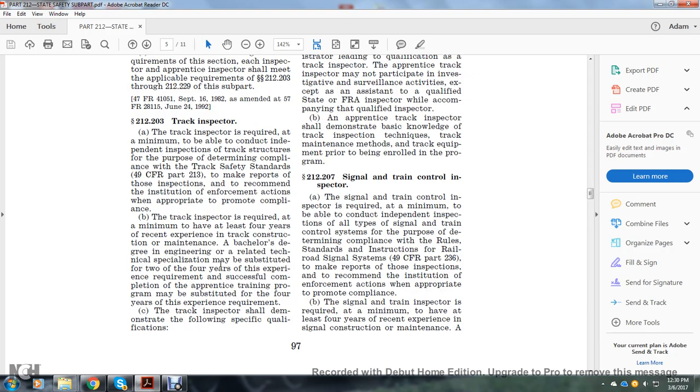212.203, Track Inspector. A track inspector is required, at a minimum, to be able to conduct an independent inspection of the track inspection structure for the purpose of determining compliance with the track safety standards in Title 49 CFR Part 213, to make reports of these inspections, and to recommend the institution of enforcement action appropriate to promote compliance. The track inspector is required, at a minimum, to have at least